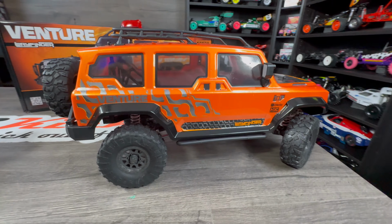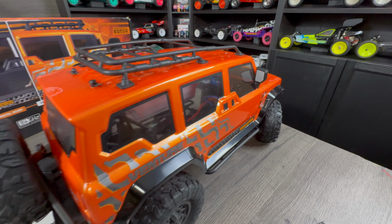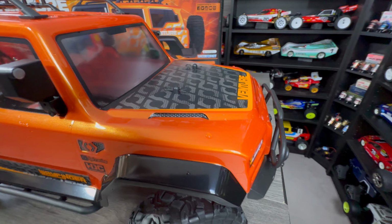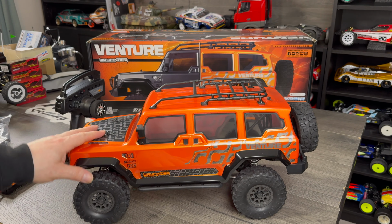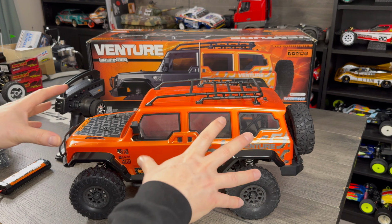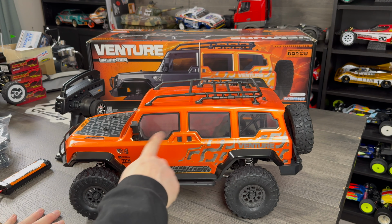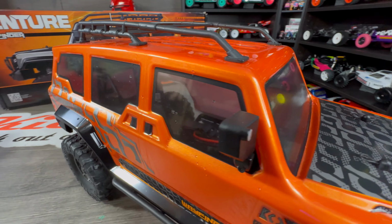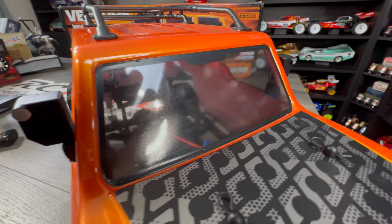So I do quite like that. Obviously the actual shape of the body, it's very kind of American style. The only thing I would have liked from this would be, because it's quite big and chunky, you can see inside really easy. Now it is a plus that they've given you windows that you can see through instead of just having blacked out windows, which I like, but it would be